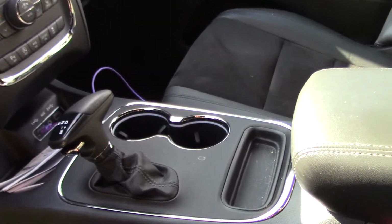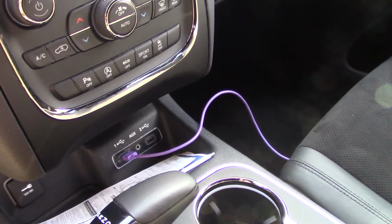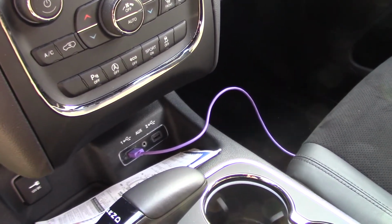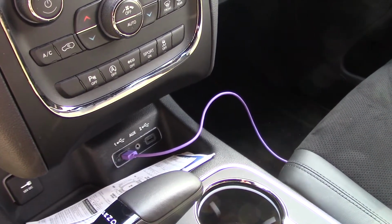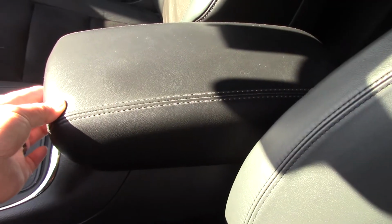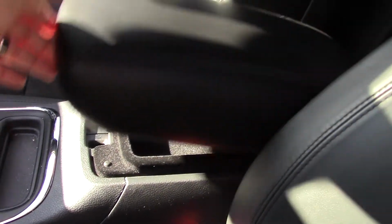There are dual cup holders, and there are USB outlets for your phone, and there is CarPlay on this vehicle. The armrest is kind of like a two-piece armrest. Click part of the button, you've got a little tray there. You squeeze the rest of the button,